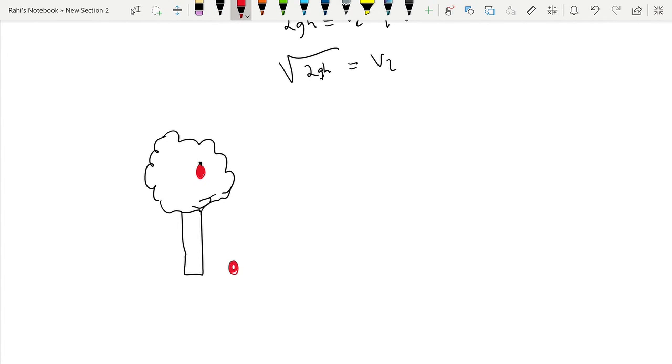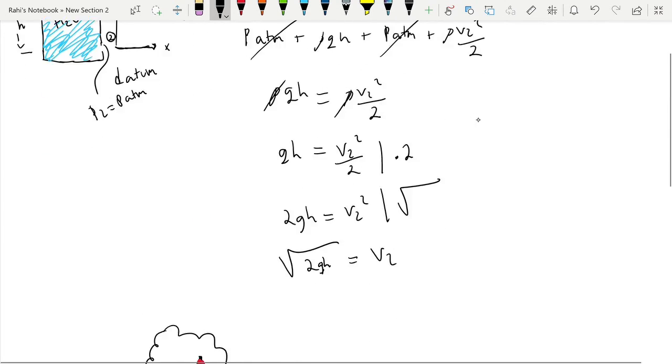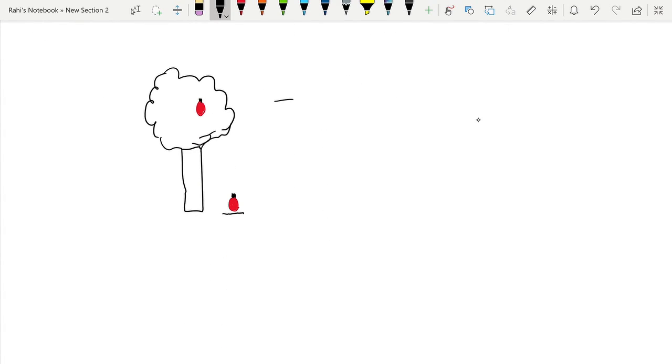What's going to make it fall off? Well, it's gravity, right? Conservative force, gravity, or any other force if you apply it. But in this case, if it falls by itself, well, that's just gravity. And the distance from the apple to the floor is a distance of h. So that means that the apple is actually in free fall. So because there's no